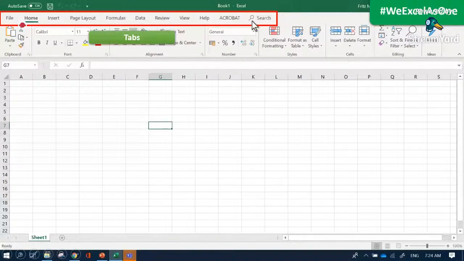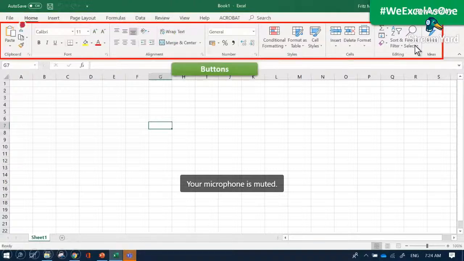Tabs and buttons bring our favorite commands into the open by showing multiple commands grouped in specific categories. Say, for example, we have here the Home tab.